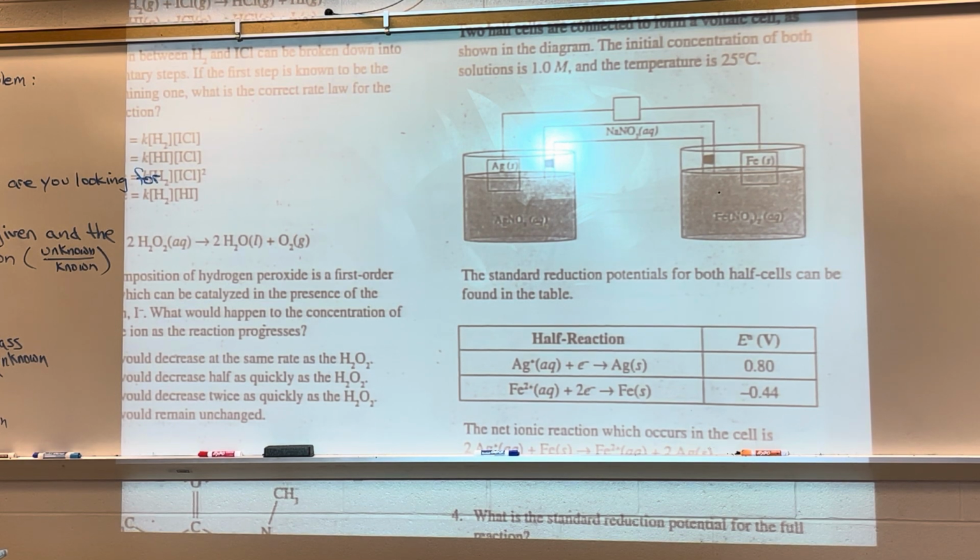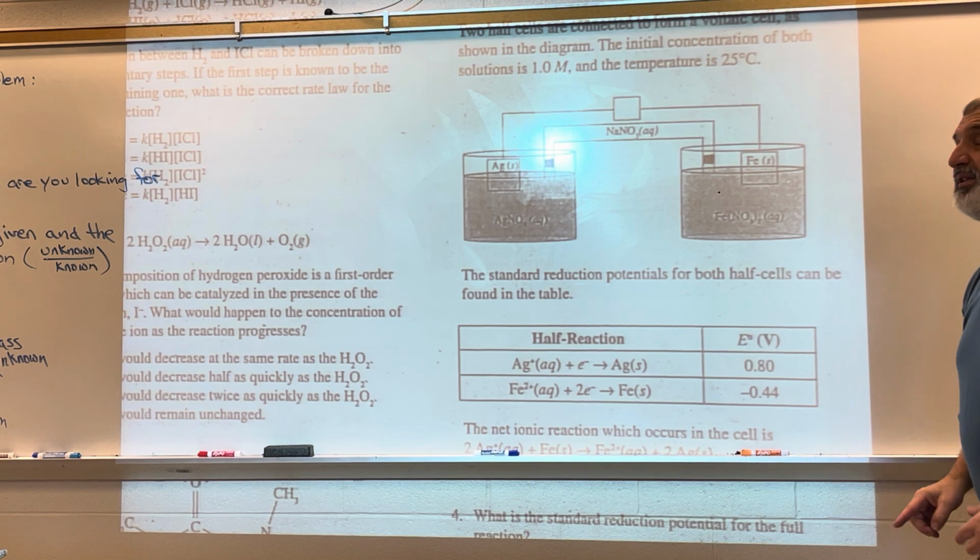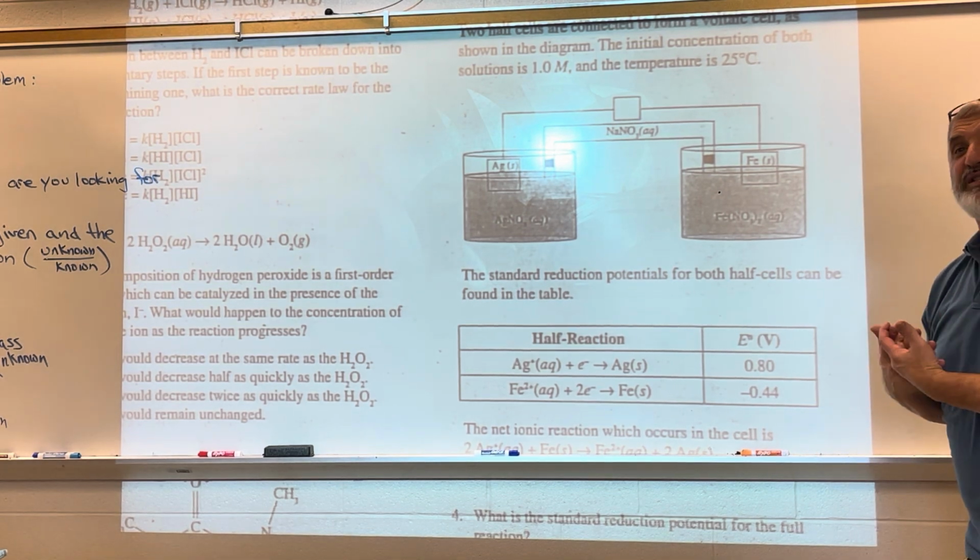Because somehow or other, you've got to get this into your algebra. The gaining and losing, oxidation reduction, and endo and exothermic. Somehow or other, you've got to work those things out in your brain. I can't get inside your head and fix that. Okay? I've tried. Okay? Now, so which one, the reduction potential, the thing that wants it the most,